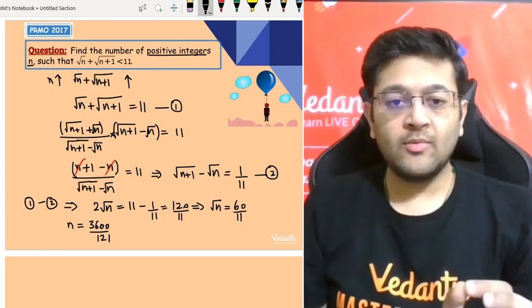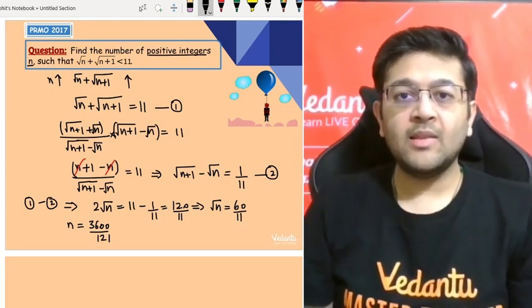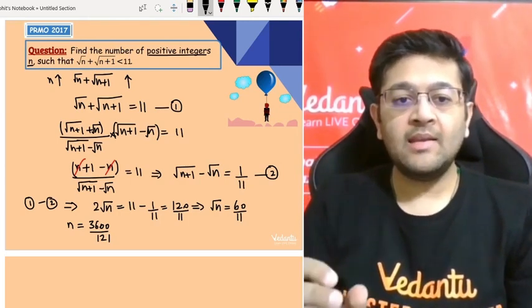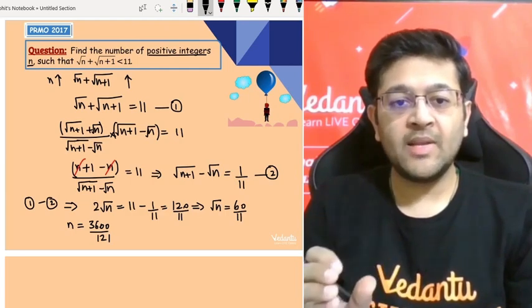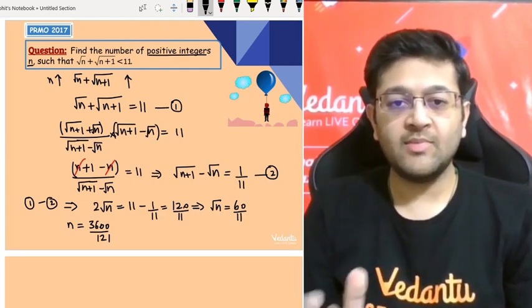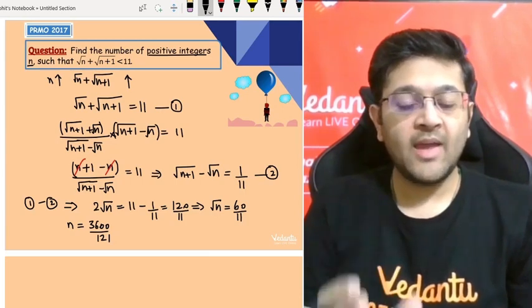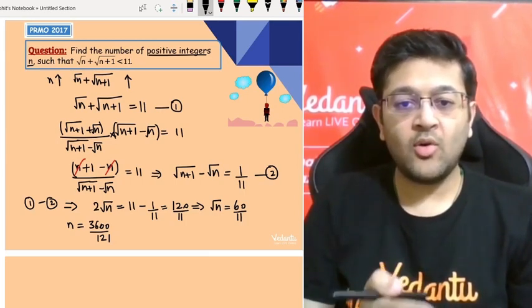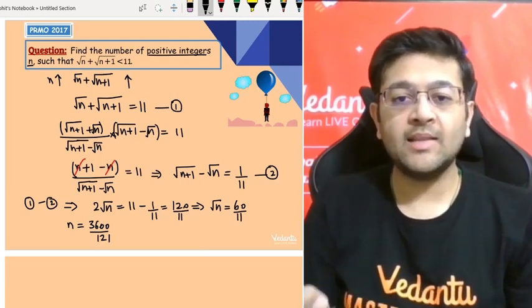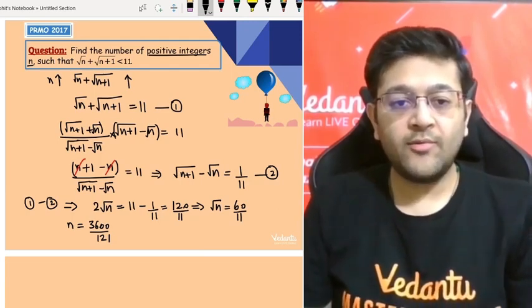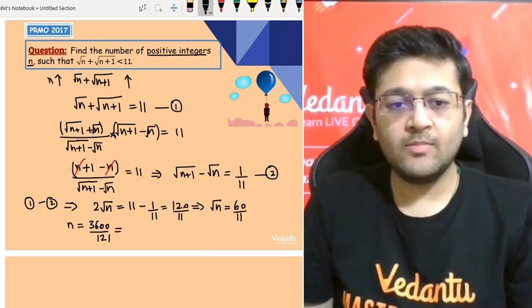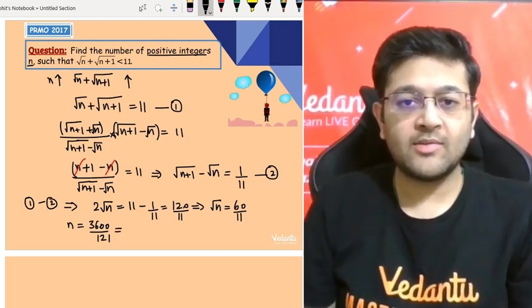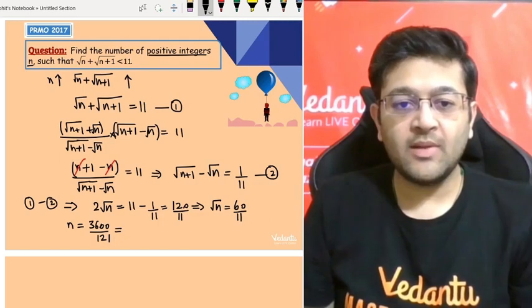Okay, so we are on to the last step. Now as we can see कि n की जो वैल्यू इंटीजर में नहीं आ रही है, it will be in some decimal places. But yes, we have to find the value of n in this case so that we can know कि 1 से लेके हमें कहाँ तक जाना है, right? So if you divide this, you will get this value. I'm waiting for you. Okay, you can try to solve this and tell me what should be the value. Okay, so you can pause here for a bit.